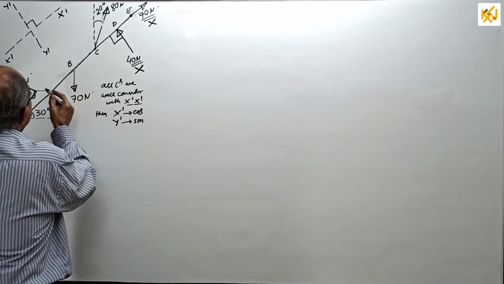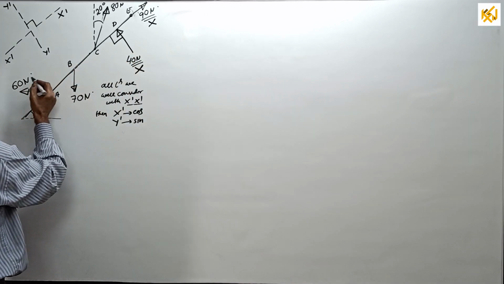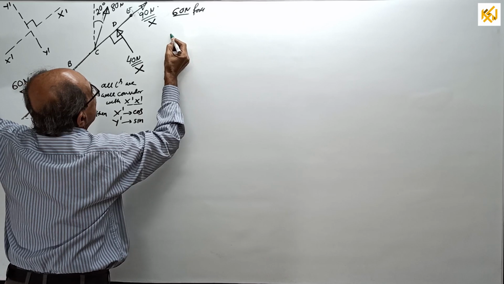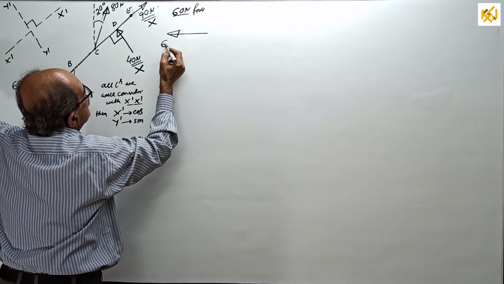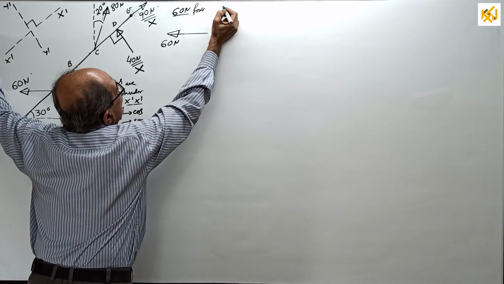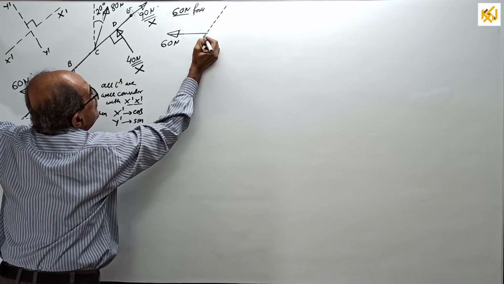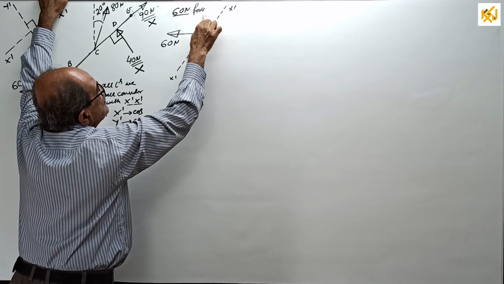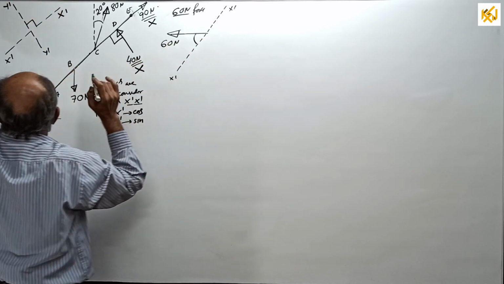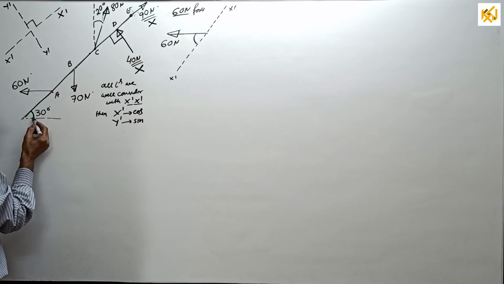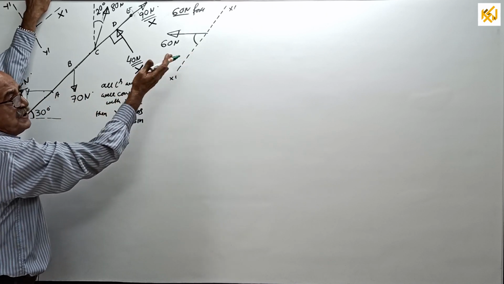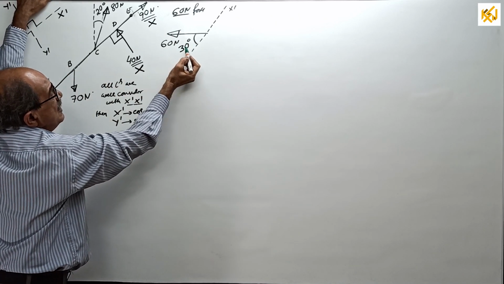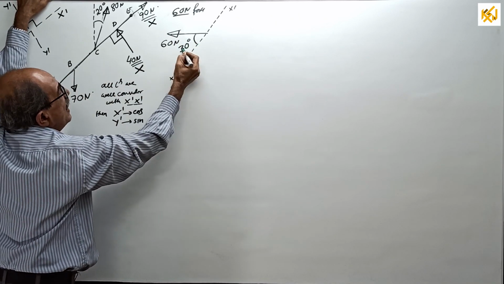See, first I will take one by one, I will take the 60 Newton force. This force is like this. We want the angle made by that one with x dash. This is your x dash. Do not consider this angle. You should take this angle. Very easy. If this is 30, this is also 30. Sorry, a little out of scale. Now you should not need an explanation for this 30 degrees. But remember, it is not given, it is calculated.